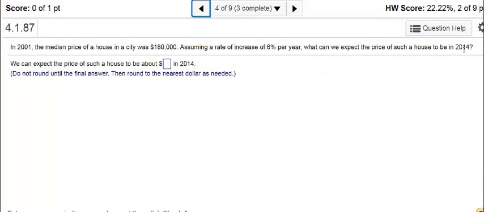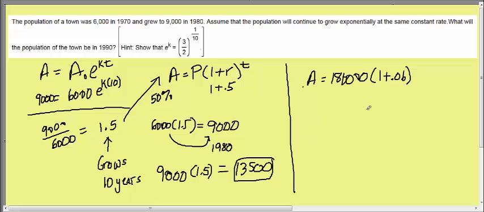So this is in 2014. If we start in 2001 and go to 2014, then that's going to be the 13th power. Okay, and if I put that in, 180,000 times 1.06 raised to the 13th power, then the home should be